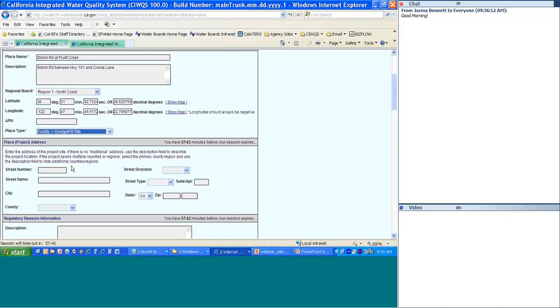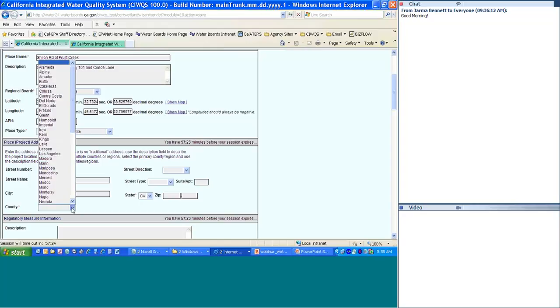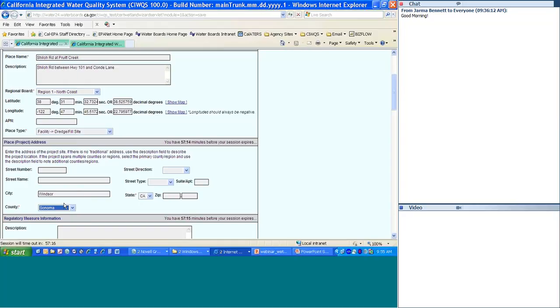I noted a minute ago, we don't really have a traditional address for this site, and that's why I added more to the description field. And so mostly I'm going to skip these first fields and go down to the city, and we do know that it's in Windsor and that the county is Sonoma. We'll select that. Moving on down,